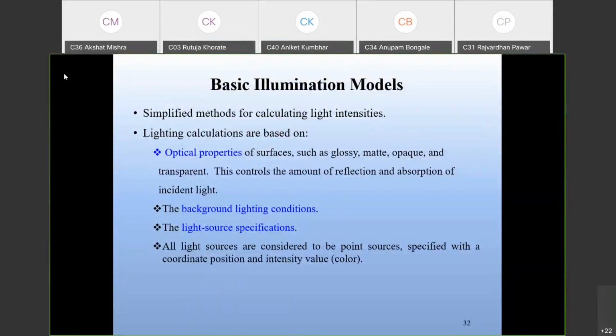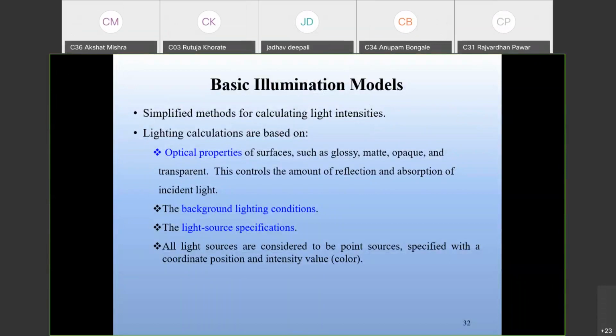So today we are going to see the basic illumination model. The basic illumination model is a simplified method for calculating the light intensity. Illumination means we are calculating the light intensity. Light calculations depend on how we calculate whatever light intensity we are going to calculate,